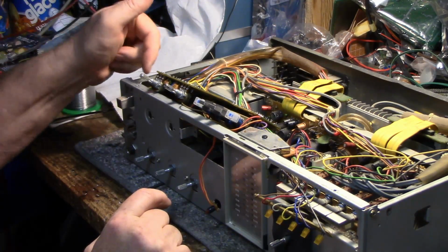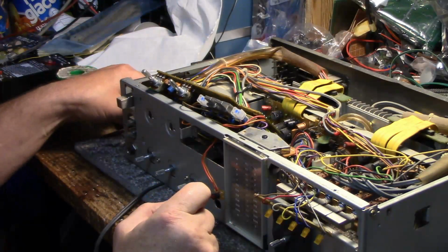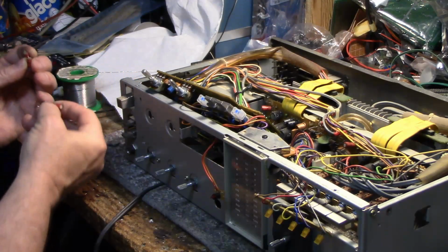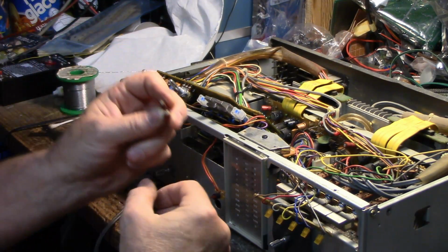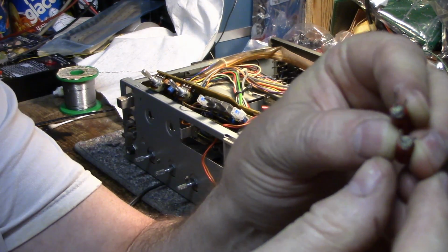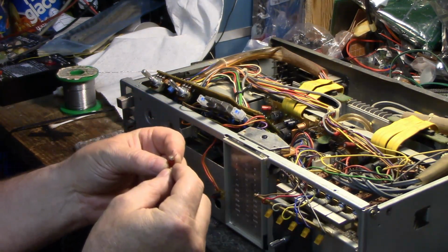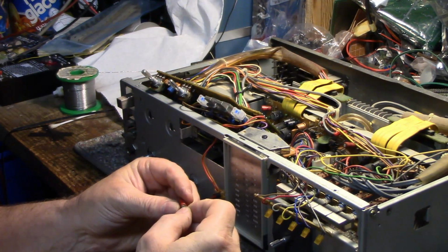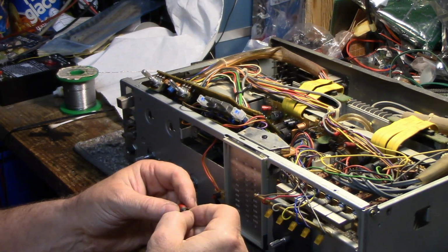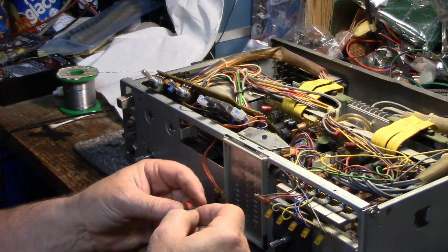And I went through with the ESR meter, checked capacitors. For the most part, they're very good, except I did find two capacitors. Where are they here? It doesn't really matter, they're all the same. So I found two capacitors, and you can see this on the bottom. They got stuff leaking out of them. I don't know what that is, but they tested bad on my capacitor tester, meaning that they're open circuit, high ESR in what was it, 2-3 mega ohm range, or 2-3 kilo ohm range, and